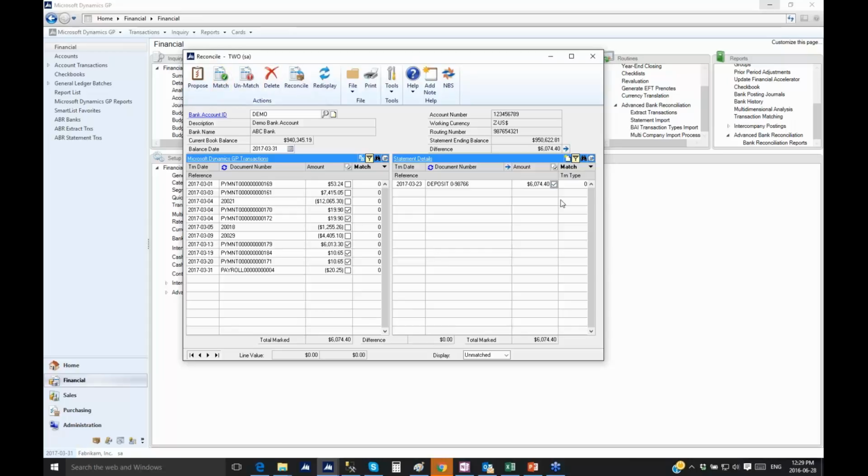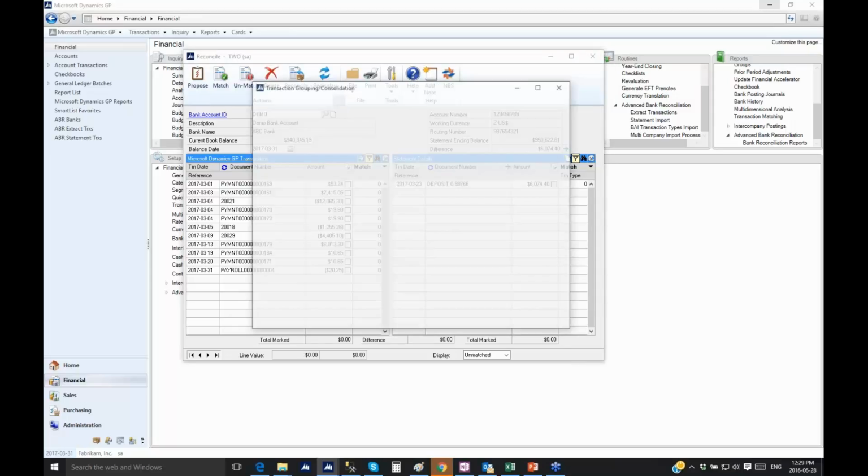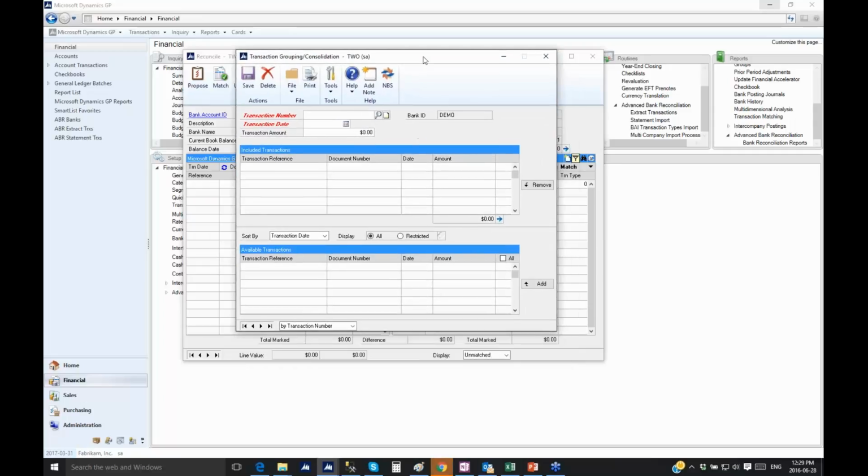Some people, and I just take the opportunity to do this to highlight the consolidate ability, some people do like to not leave the detail on the left-hand side and just see that summarized information. So you have the ability to consolidate individual transactions on the GL side into one journal entry. I say journal entry, but it's not posting a journal entry, it's merely doing a grouping of transactions here on the fly. So I'm going to create this deposit,